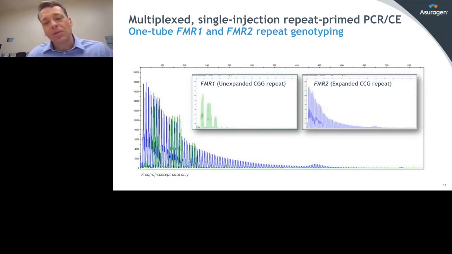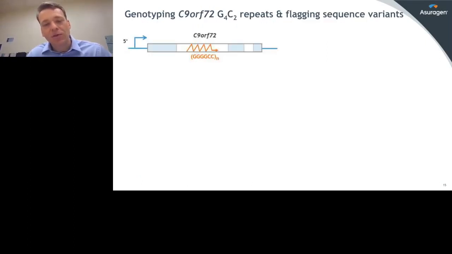We've tagged the primers that are specific to these 2 different gene loci with different dyes so that we can resolve them, just like I described with methylation PCR. And in this case, you can see the premutation expansion that's associated with FMR2. This sample that's in the tube here from the single tube multiplex is normal for FMR1, so you get the characteristic pattern. You can also see the AGG dips in that green trace. And so this shows that we can, in fact, multiplex different repeat expansion targets, even when they represent really difficult to amplify GC character, when we use the right instrument.